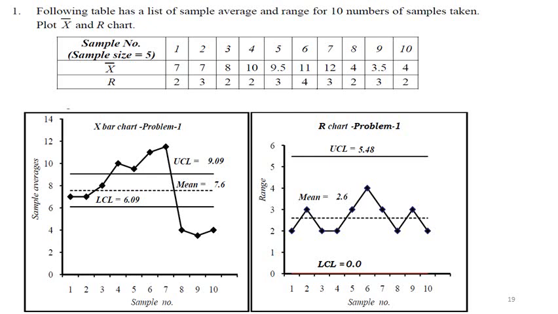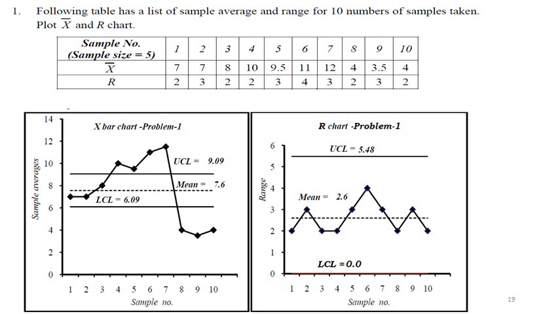Similarly, you draw the R chart. You plot the R values and the UCL and LCL. For the R values, all values are between UCL and LCL. So from the R chart we can infer that all are within the limit. But in the case of the X bar chart, points are outside UCL and LCL. Like that you can construct an X bar chart and R chart.